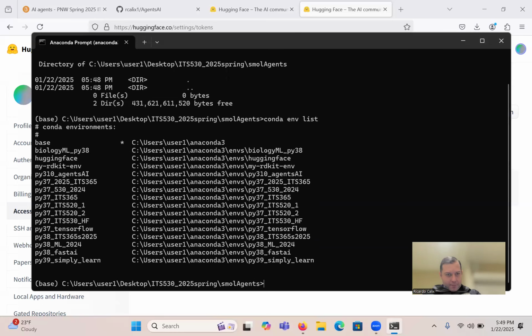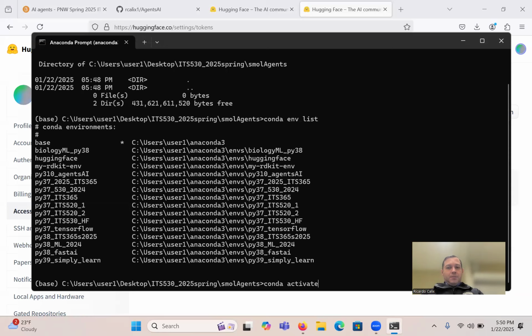All right, so I do have a Pi 3.10 agent AI. That may be what we were using last week, right? This is what we were using last week. I don't think there will be a clash between Crew AI and smolagents, so I'm just going to use that library. Hopefully there's no issue. The only requirement for these is they have to be greater than 3.10. I noticed that for both of them, they were using 3.10 or above. So I'm going to start with that one and